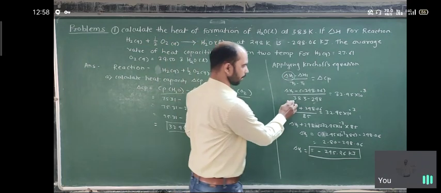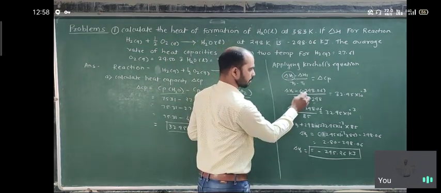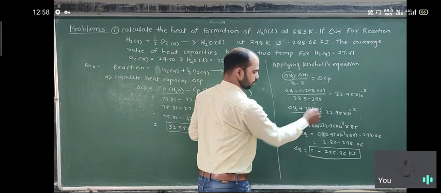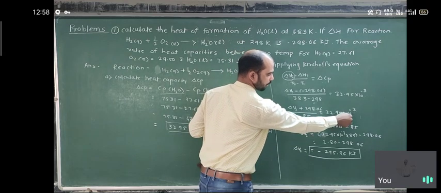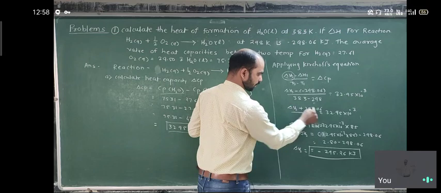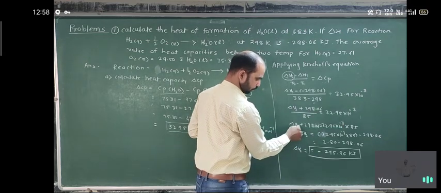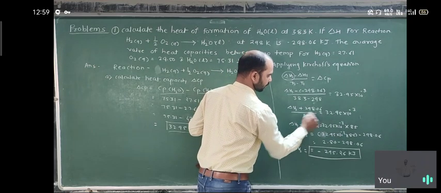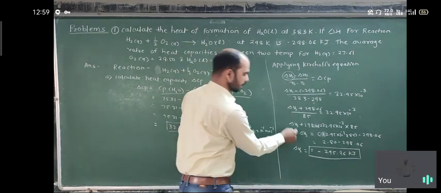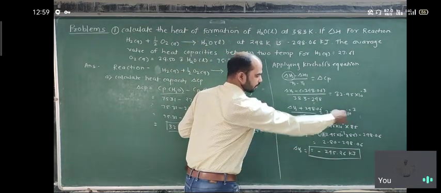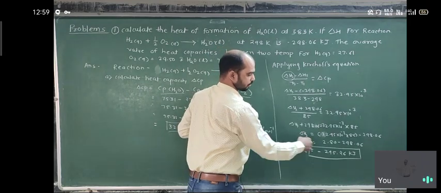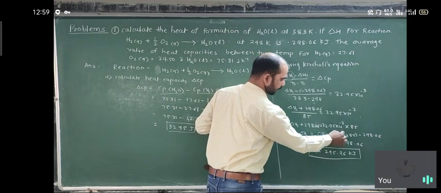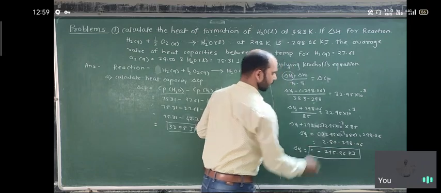आता बघा इथं व्हॅल्यू आपण ॲड केलेली आहे. Okay, so delta H2 minus, this is given to you, so minus minus becomes plus: delta H2 plus 298.06 upon 85 is equal to 32.95 into 10⁻³. So this is equal to this, going here multiply, so delta H2 plus 298.06 is equal to 32.95 into 10⁻³ into 85. So what is delta H2 equal to? This value here is a plus, when it is shifted to the right side, it becomes subtraction. So the new representation is delta H2 is equal to 32.95 into 10⁻³ into 85 minus 298.06.